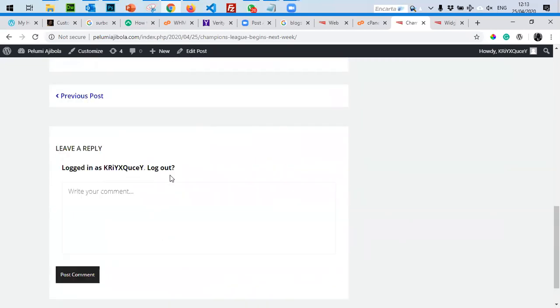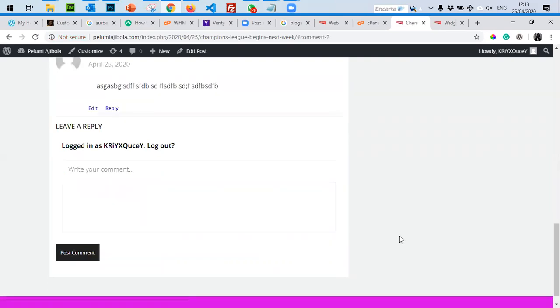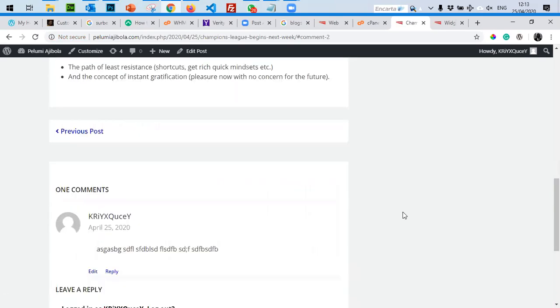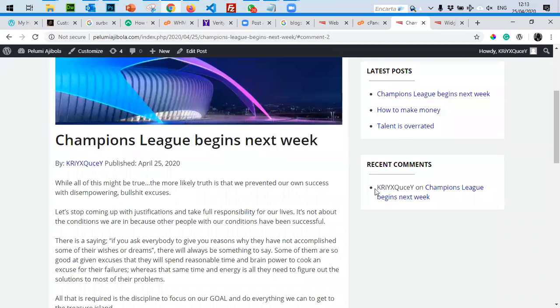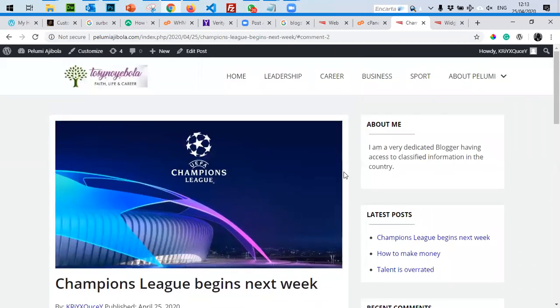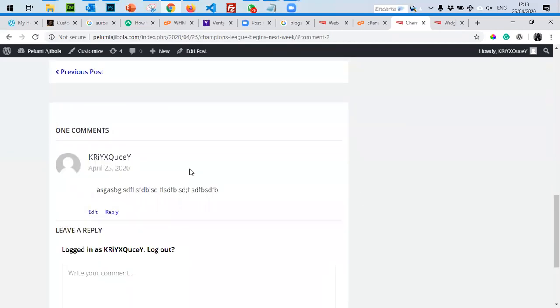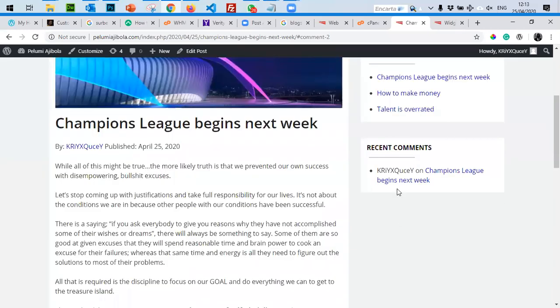They can leave a comment here by writing their name and posting. One thing about WordPress, in order to put control, you would most likely not want to leave your comments open. My own comment, because I'm the one that owns the blog, appears straight away, and you can see that recent comments is also being populated.